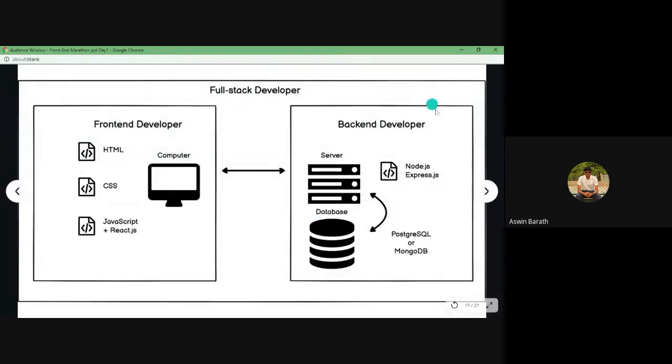And moving on, a backend developer takes care of the logic of the server. Okay. So we saw how when we try to request a website, the server responds with a couple of files, HTML, CSS, and JavaScript files, right? So the server will make sure that whenever a user requests to the server, it will respond back with this data. So that's what a backend developer will take care of. Okay.